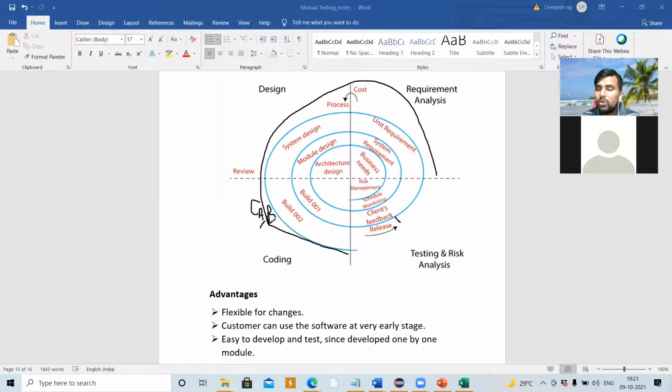Then 30.0.2, again minor changes. 30.1 means major changes, they have changed, meaning a new version is coming. If we get Chrome 31, it means so many features have changed, so many major changes they have done. So that is called release and version. Release means major changes and version means small changes.